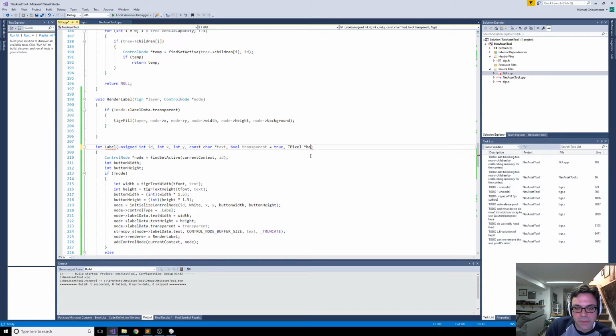T-pixel background. Oh, not a pointer. Background equals white. Oh, we're passing that as, okay, so there. Now we can actually pass it if we want it to be something besides white. Okay, so we've filled, if it's not transparent, then we're filling the background the way we want to, and then